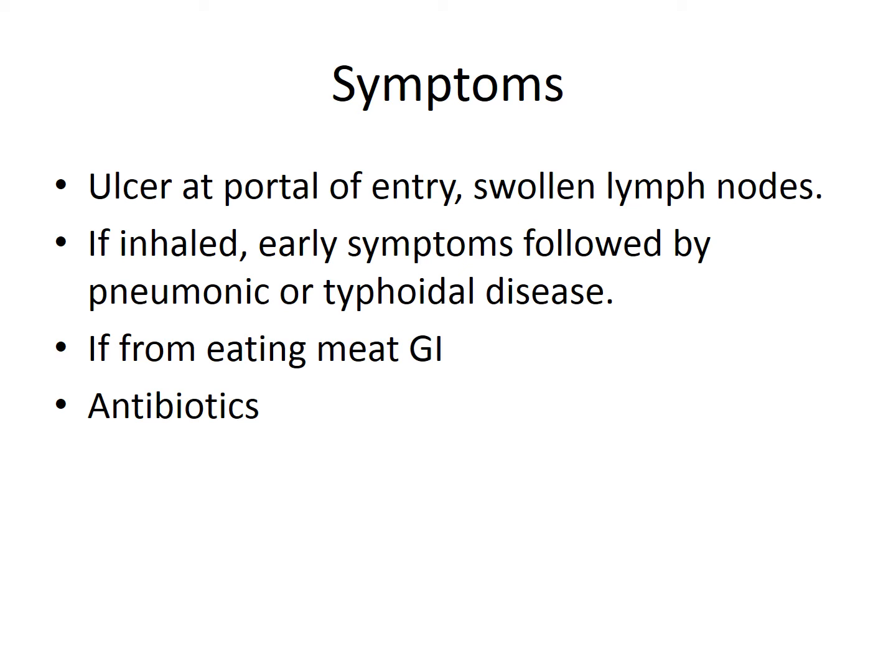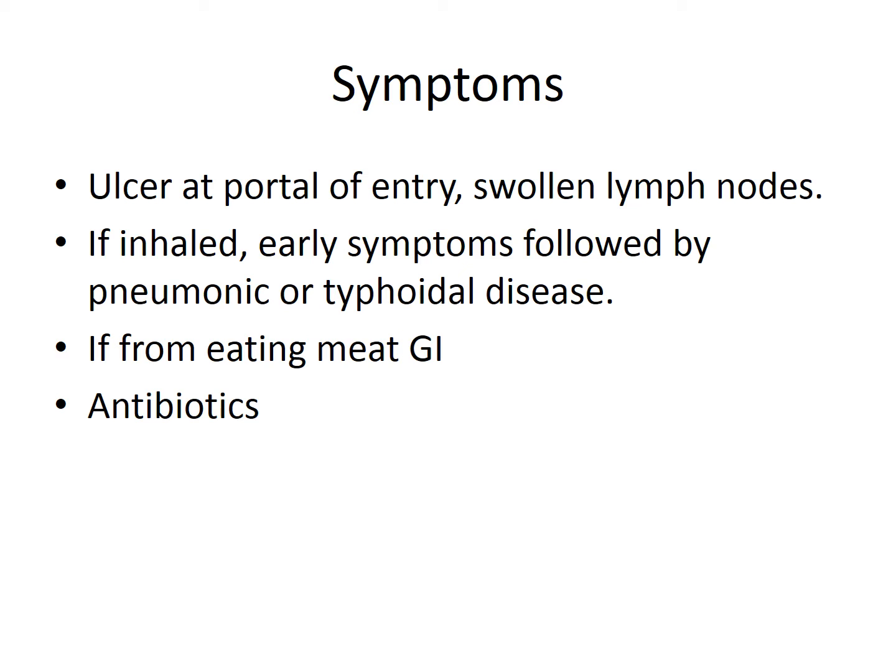If it's inhaled, we talked about that already, the individual can become contaminated. Early symptoms are very similar: ulcer, swollen glands. If it's inhaled, the individual will have very similar early symptoms, like the swollen glands and so on,